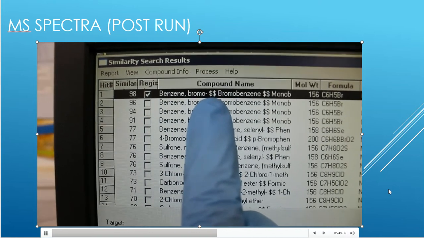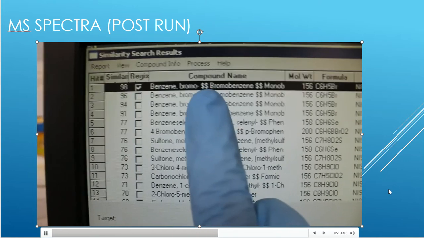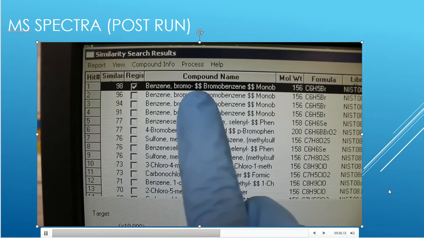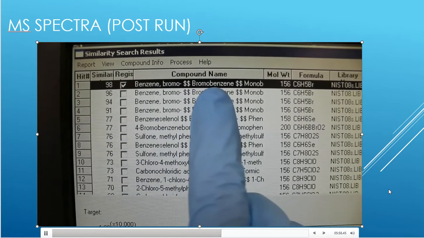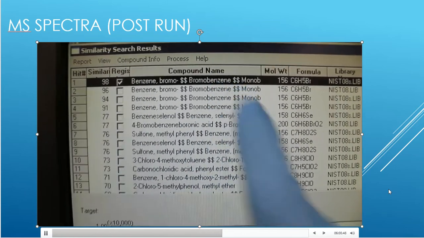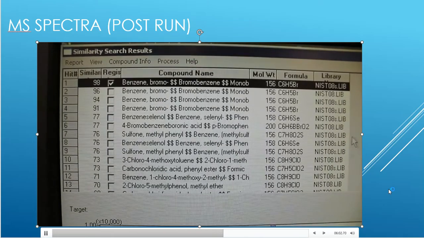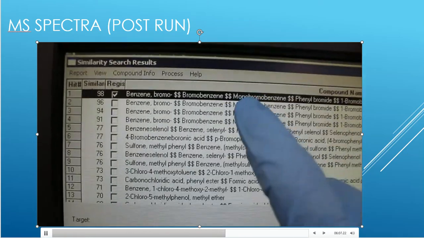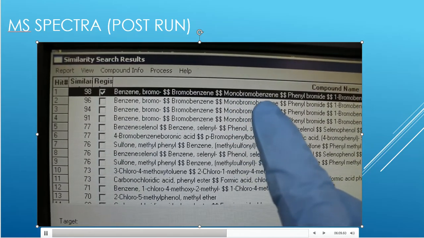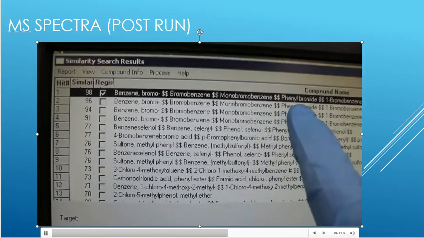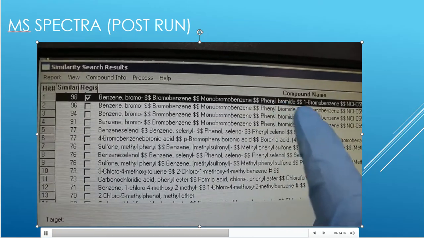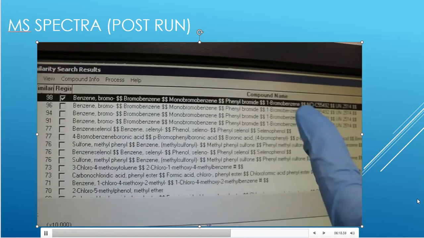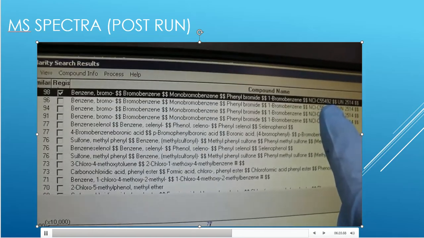Notice the dollar bills. Dollar bill, y'all. Okay, that dollar bill is going to separate names. So we have a name separation here, and this thing is also called bromobenzene, and we have another name separation there. And actually, if I grab that divider and just drag it out, it's going to say this could also be called monobromobenzene, dollar bill. It could also be called phenyl bromide, dollar bill. It could also be called 1-bromobenzene, dollar bill, and it gives me this code that the molecule could